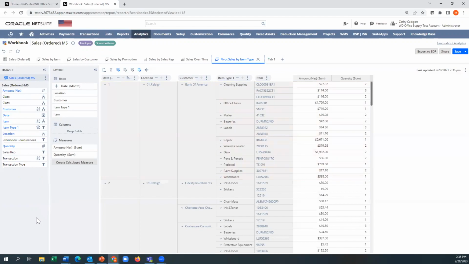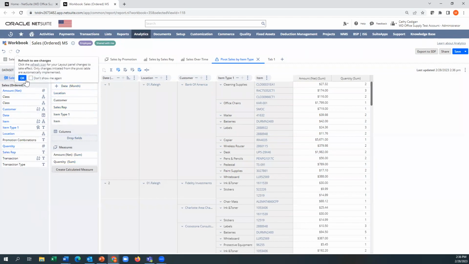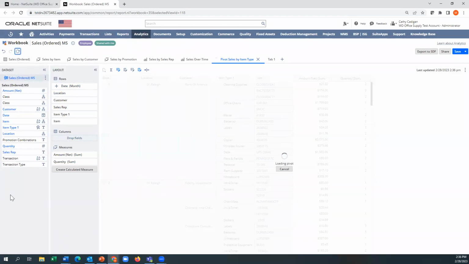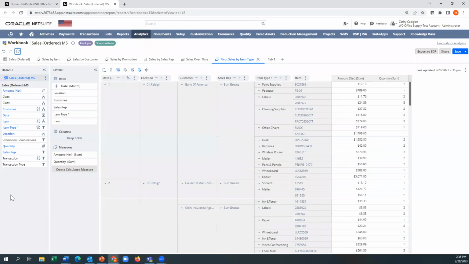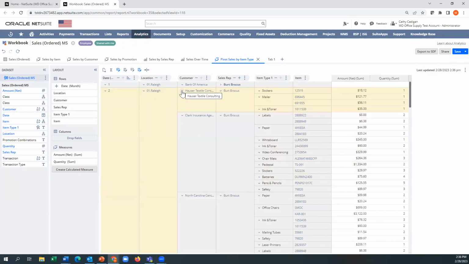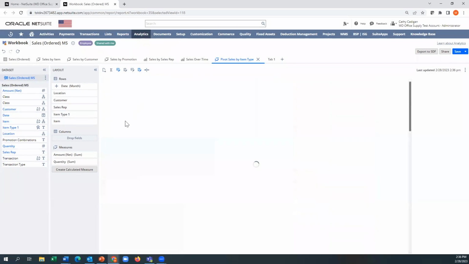But going back to here, let's say if you wanted to add the sales rep, you would just take this field and you would drop it into the spot where you want them. So let's pretend right there. And it's just saying, yep, you added something when I refresh this. So it's a drag and drop mechanism. We can see now Bert here. And then we can collapse these, right? Just like a pivot table.